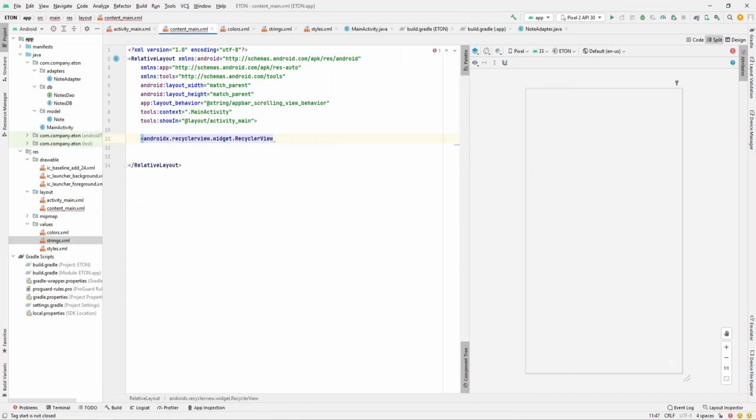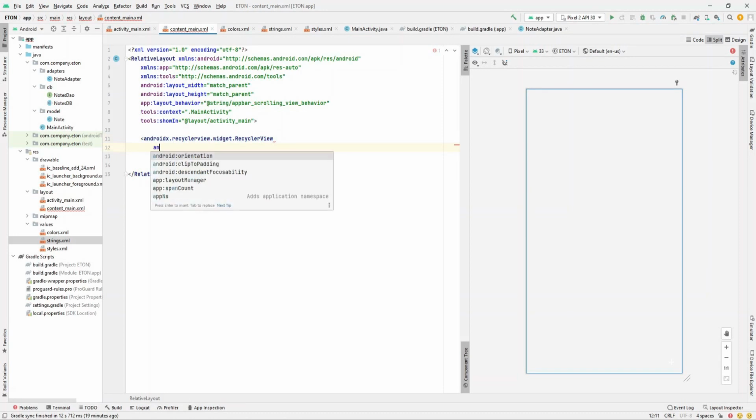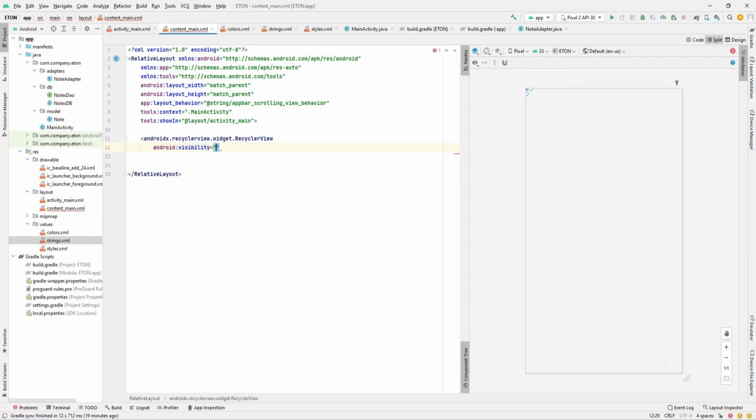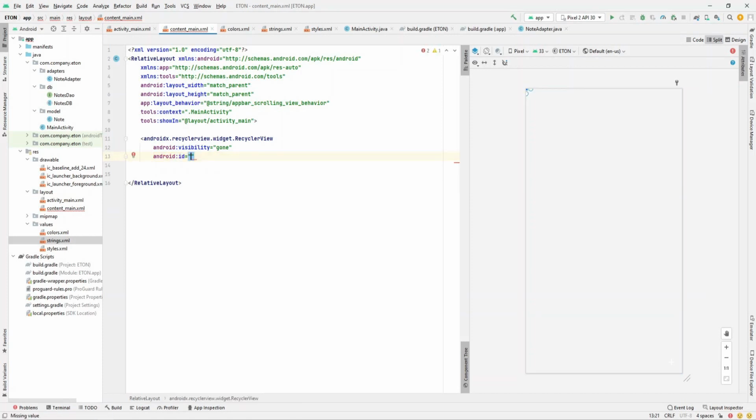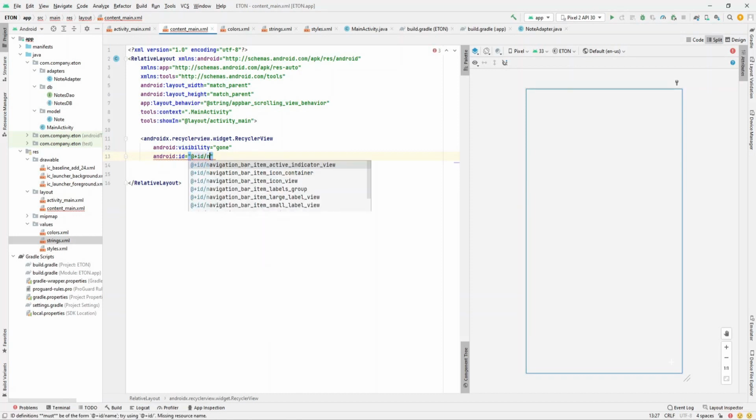Yeah, and in here we will need the so-called recycler view, in which the android:visibility will be gone at first because there's no notes. There's no need to recycle the view because there's no notes there, nothing, no data on the database. Notes list,